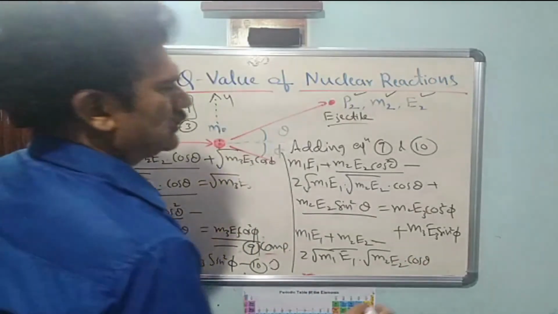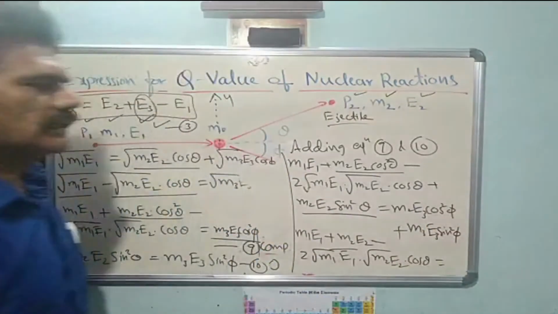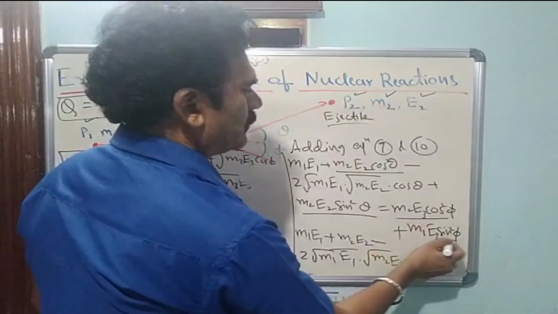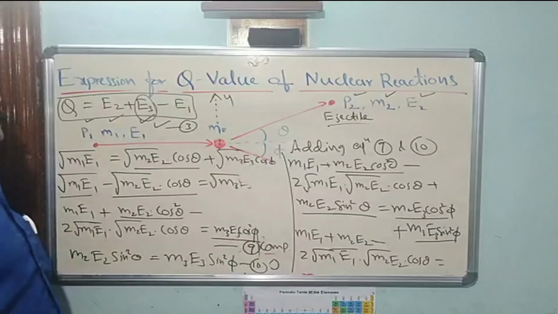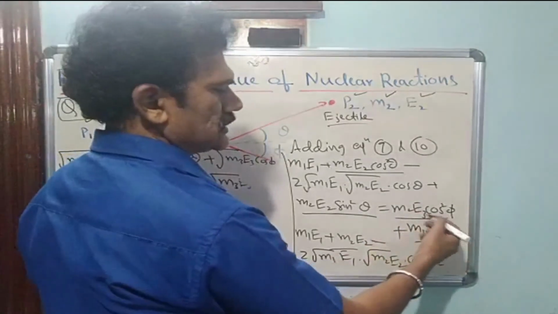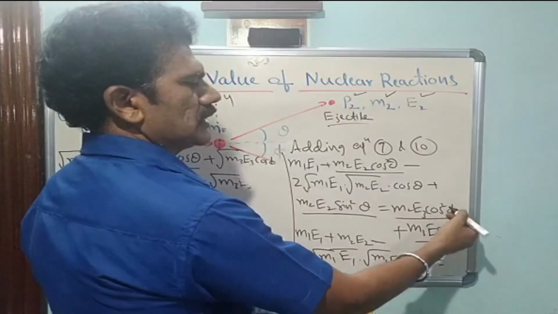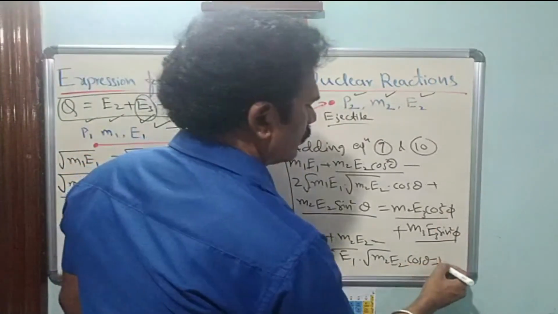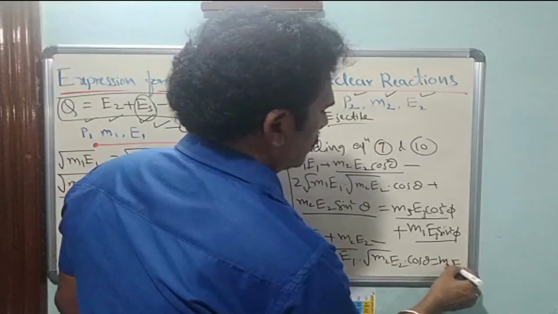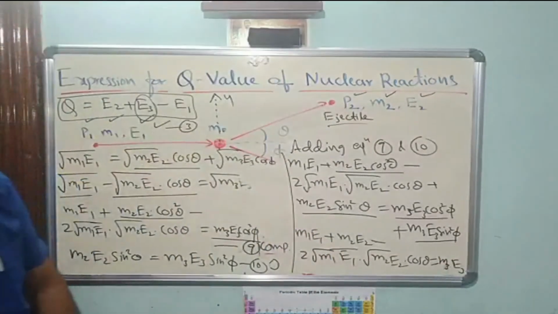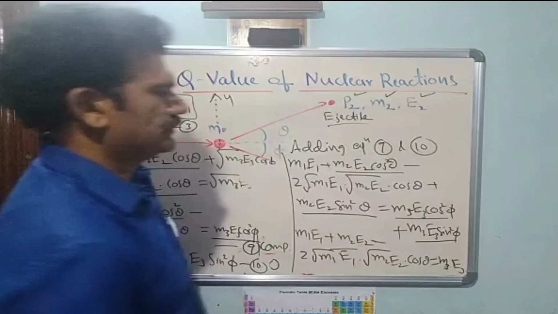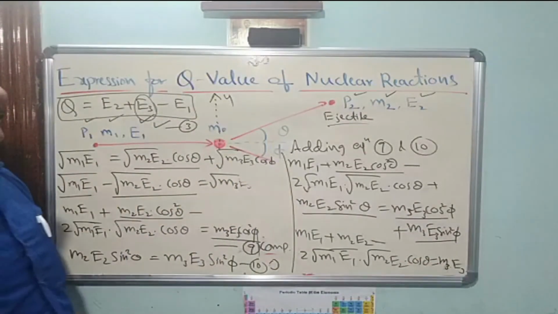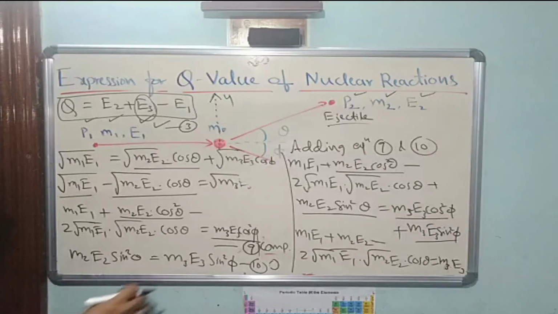Okay, so on the right hand side again we have m3 e3 cos square phi plus m3 e3 sin square phi. So again m3 e3 is taken common, sin square phi plus cos square phi is equal to 1. Left with only m3 into e3 on the right hand side. Now the next simplification I will write here.